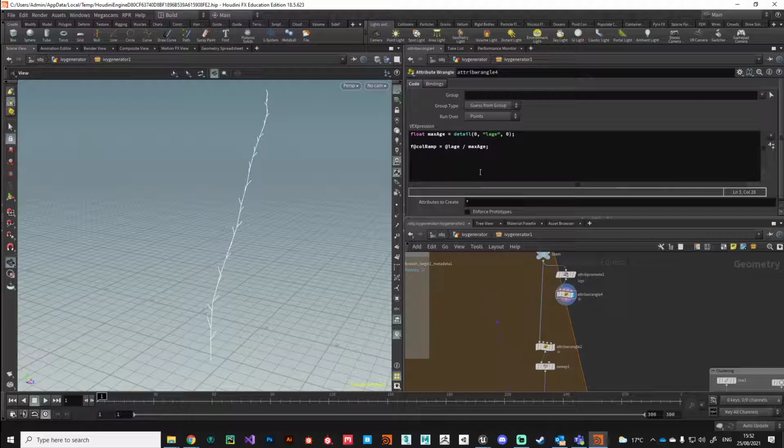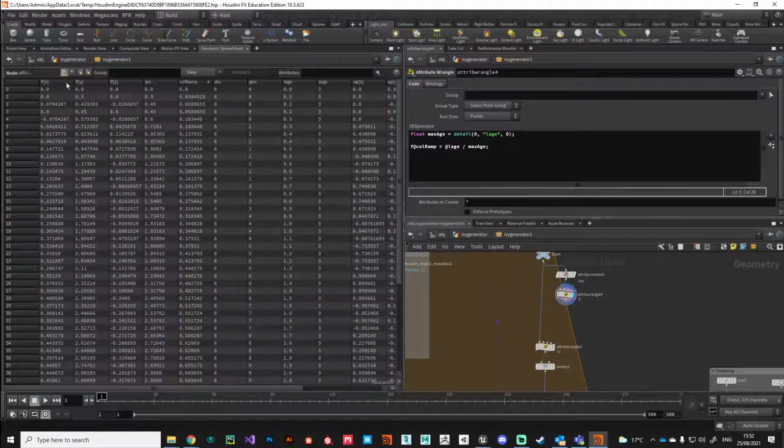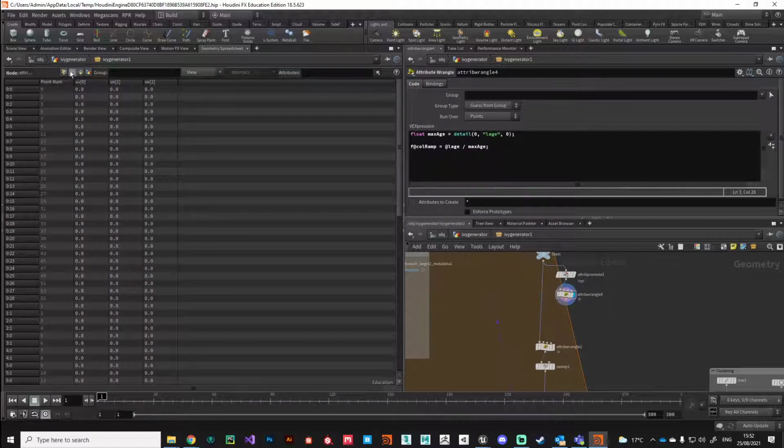So we need to start packing this into the vertex color channels, because if we look at the vertex in the spreadsheet here, the only data we've got on the vertices at the moment are the UV channels. We need to populate this with those color mask information, and we'll do that in the next video